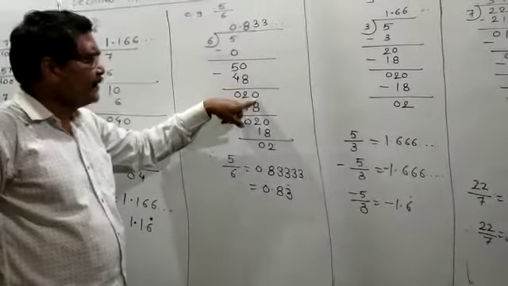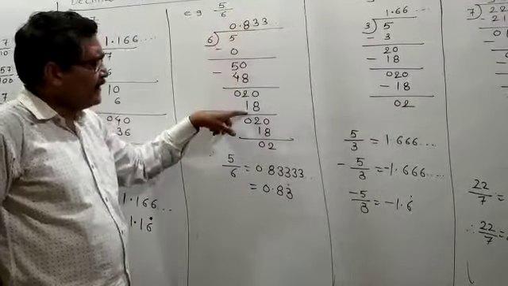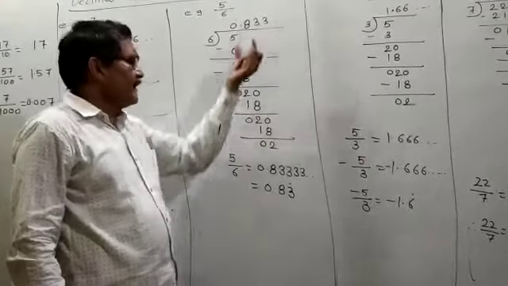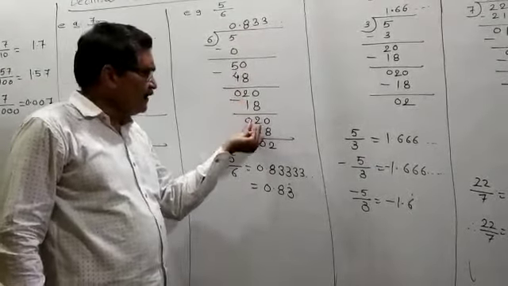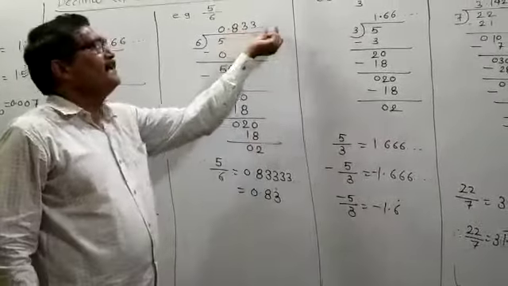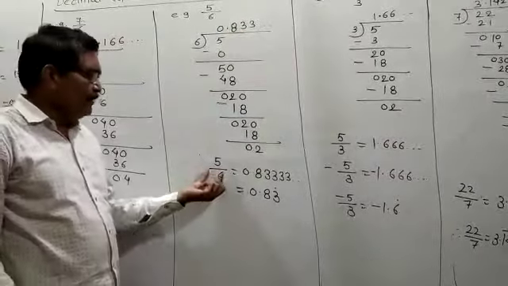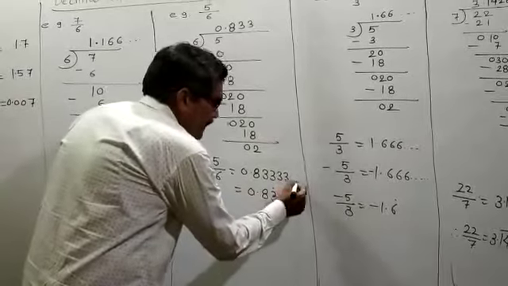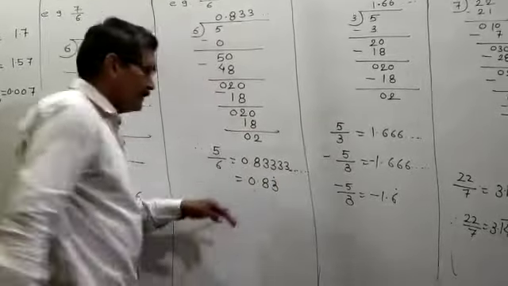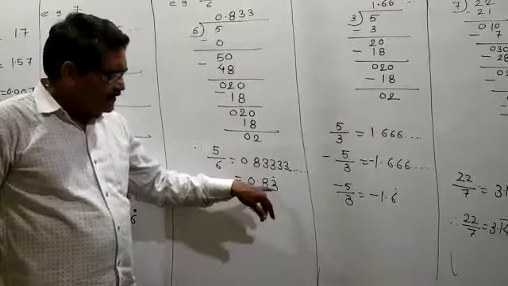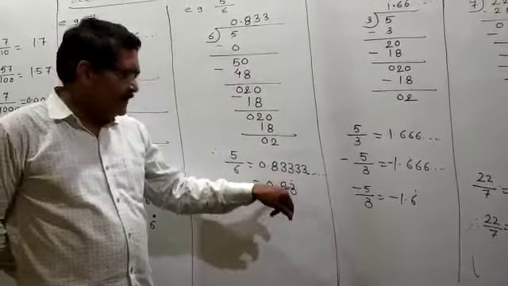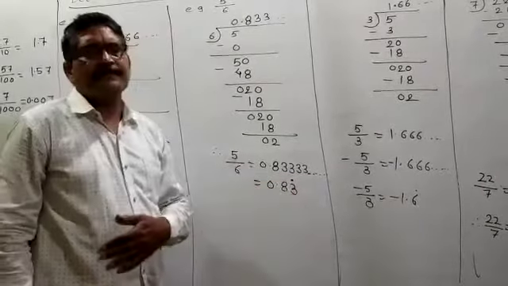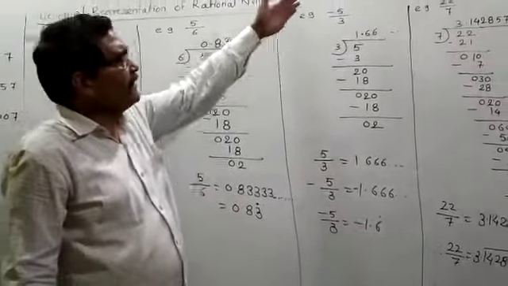For each step of division 0 will come here, 20. Then 6 3s are 18. 20 minus 18 is equal to 2. Again 6 3s are 18. If you observe, here 2 will come each time, and 3 will repeat continuously. For 5 upon 6 the answer will be 0.83333 recurring. You write 0 as it is, 8 as it is, and whatever digit repeats, if it is a single digit, you give the dot upside, so it is 0.83 recurring. Everybody understand? Then you have to come to minus 5 upon 3.